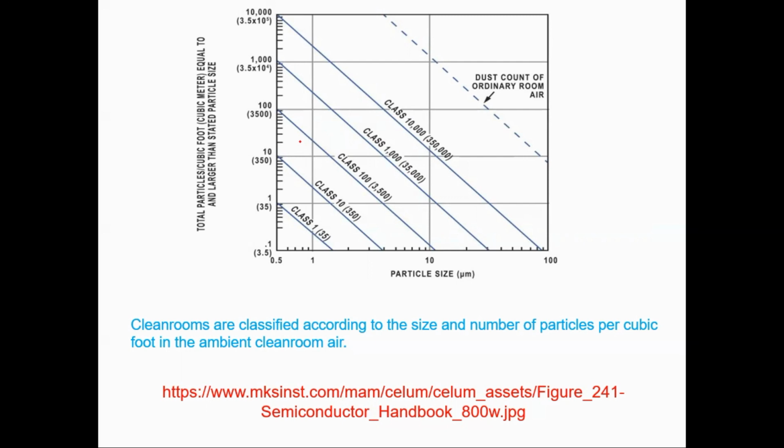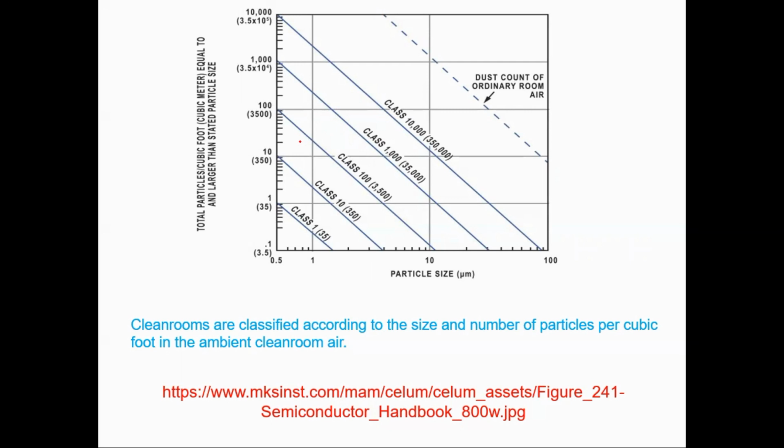So we want everything to be class 1, but to keep things class 1, cost is involved. High efficiency particulate filters are included. HEPA filters are included, which don't allow anything to come through. Another thing in class 1 is that human movement is minimal. Everything is done with the help of robots and automatic machines, because when there is movement with the help of machines, the dust particle generation is minimum. And also the environment needs to be cleaned after every process so that this can be maintained.